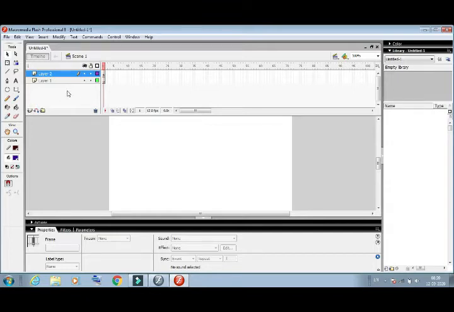And suppose you want to hide this layer, how can we hide it? Simple: select the particular layer, and then go to this eye option. Click this eye option, and all the content of Layer 2 is hidden from the stage. Then we will remove the hide option: simply press the eye option again, and the contents of Layer 2 become visible on the stage.